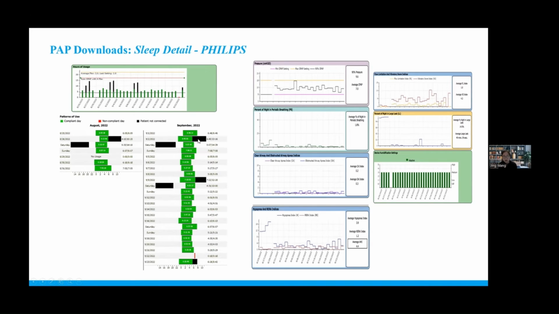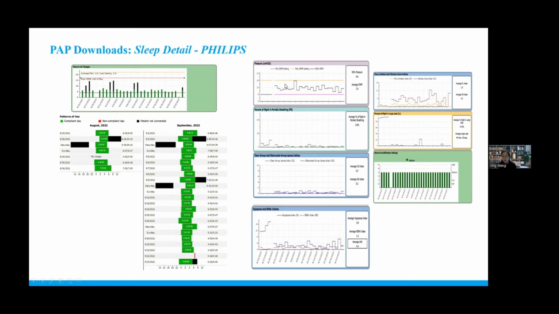The black is where the blower is on, but the mask is not on the patient's face. The green is when the patient is actually using it. So you can get a sense of the period, the hours during the day when the patient is using it, as well as a little bit of the duration based on the length of that bar.